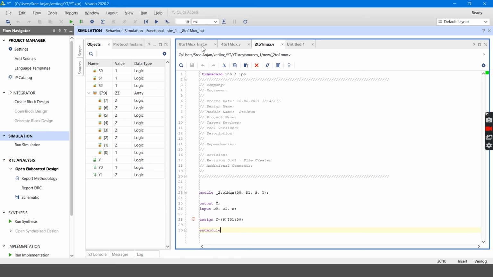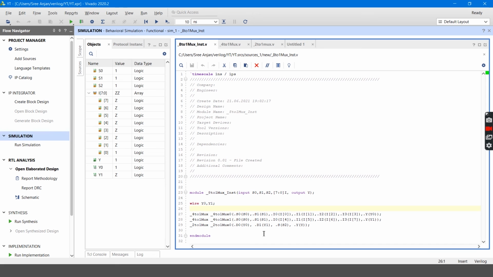Let's check what is in D1, Y1, so Y1 means I7. You will be getting I7 as an output.